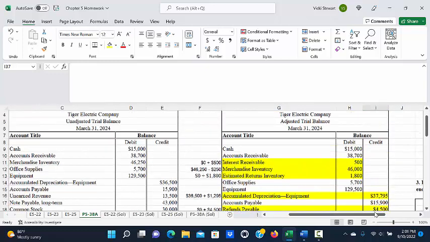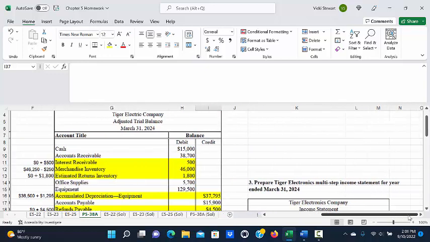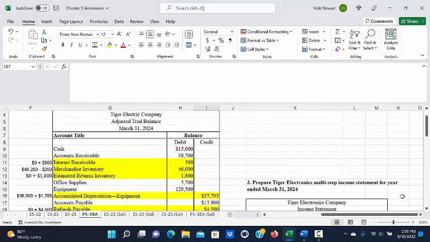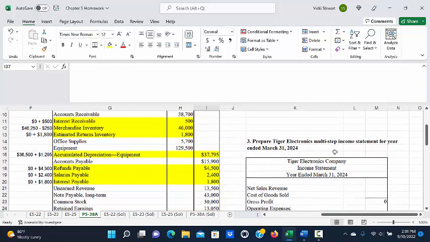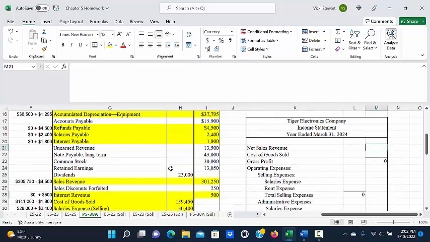The third portion of the problem asks us to do Tiger Electronics multi-step income statement for the year ended March 31st, 2024. So first we have our heading, Tiger Electronics Company income statement, year ended March 31st, 2024, and we're going to use the information from the adjusted trial balance to complete the multi-step income statement. So we're going to start with net sales revenue, and we will take the amount that we see on the adjusted trial balance